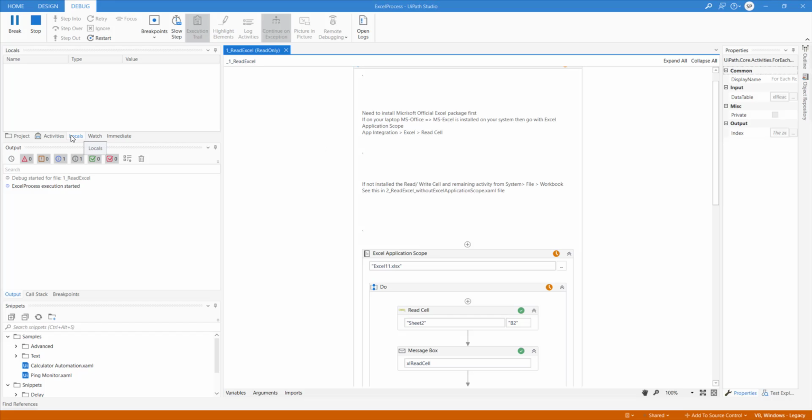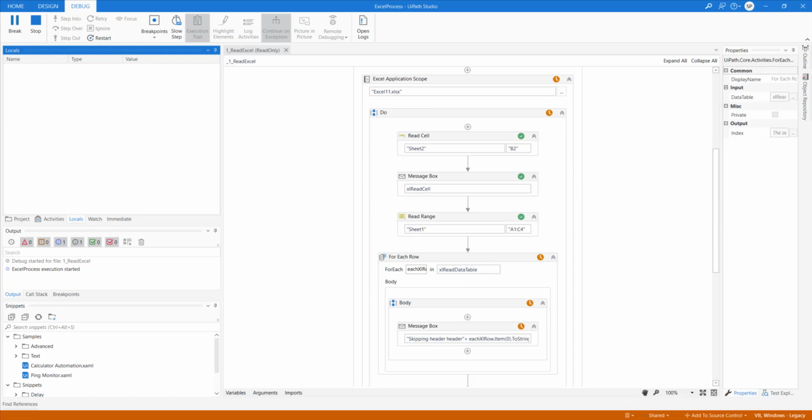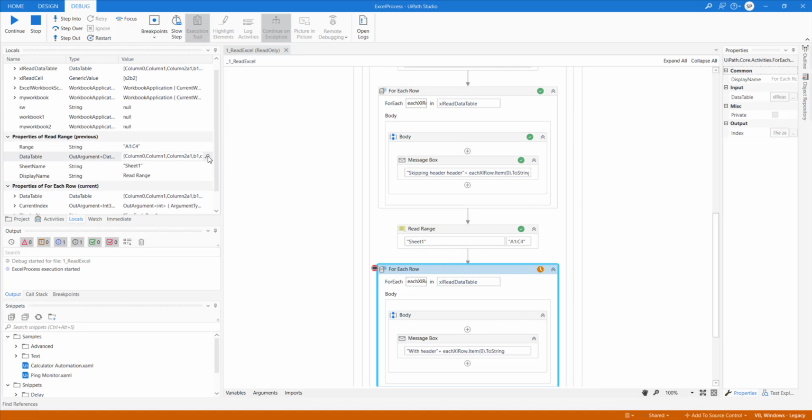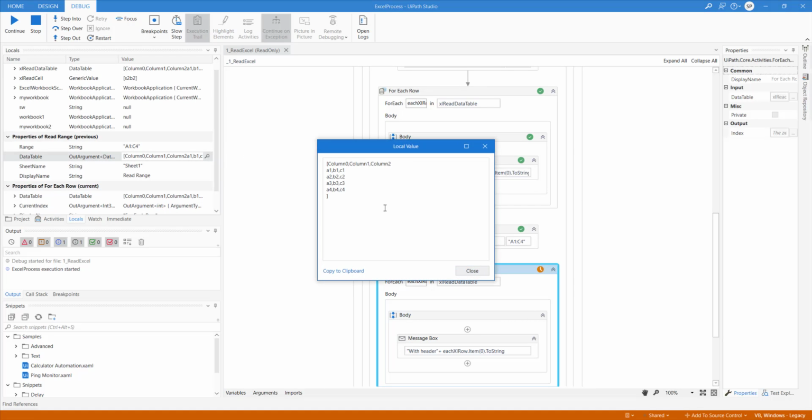And you can also look at the values here. Right. So column 0, column 1, column 2. A1, B1, C1, A2, B2, C2. This is how our data table would be.